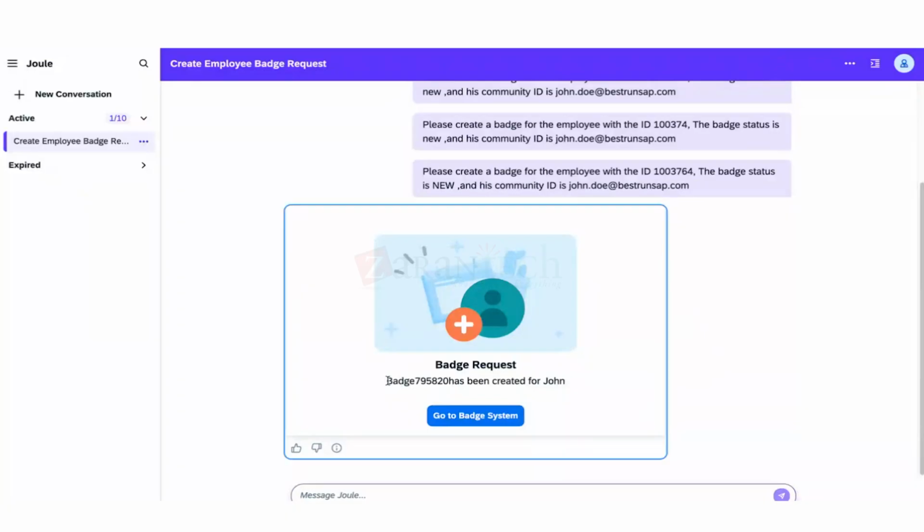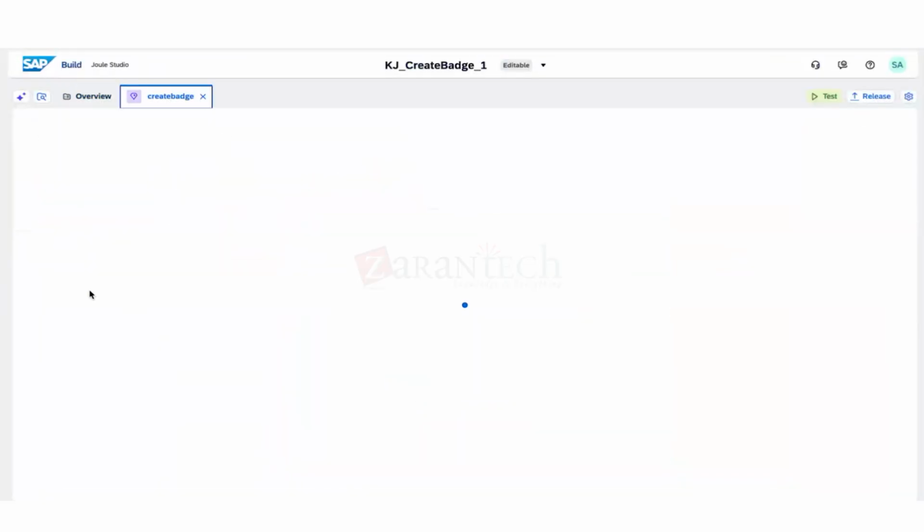So now the badge has been created for John. You are seeing that the system has created a badge for John. Whether it has been created or not, if you want to check, it was asking us to go to this tile. This is where we have done the configuration. If you see this create badge flow,